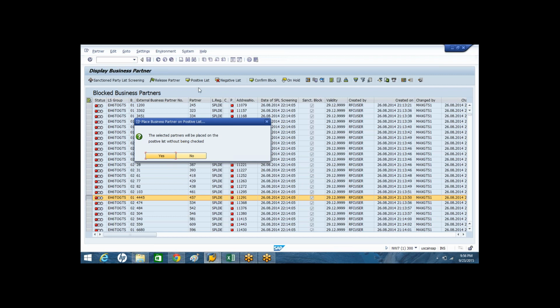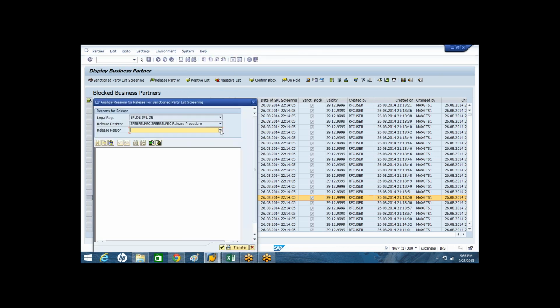Once you select the business partner and click on put into the positive list, the business partner will be added to the positive list. You can say physical verification has been done, and then save this.